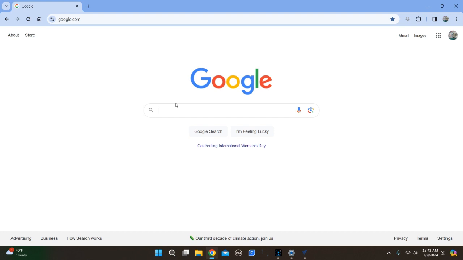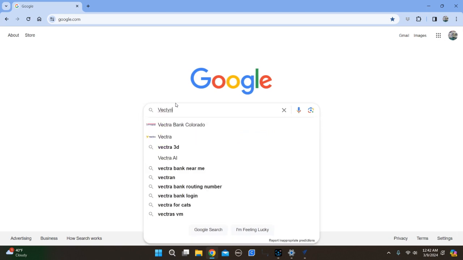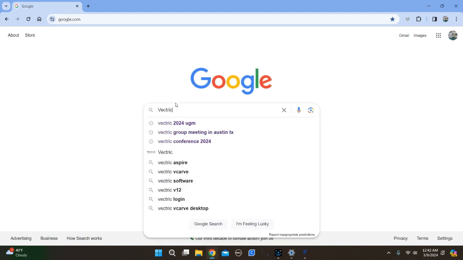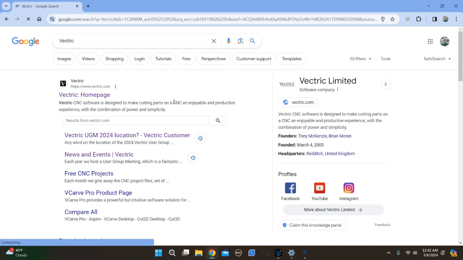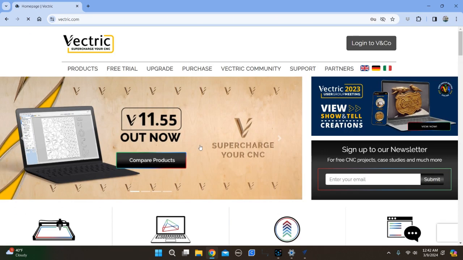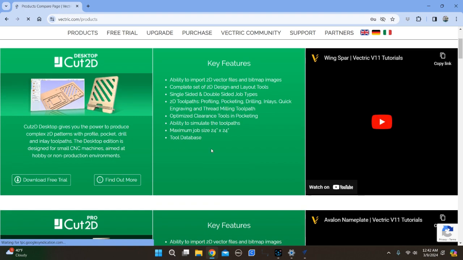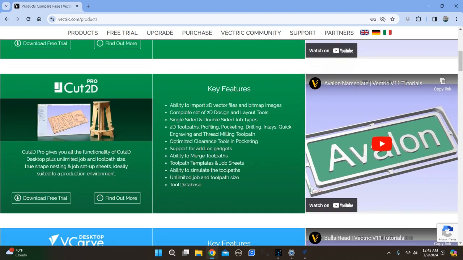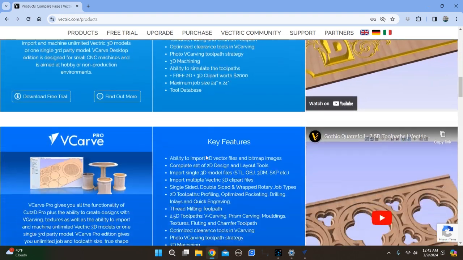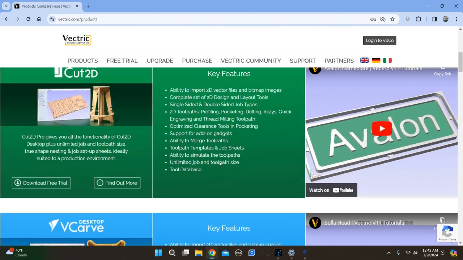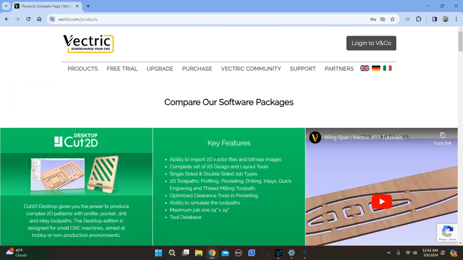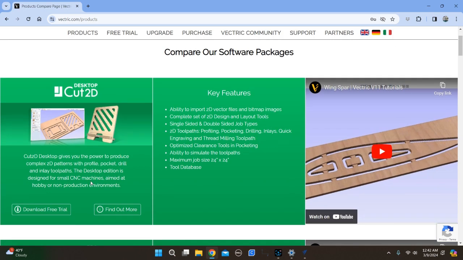My favorite software, and I've used quite a few different CAD softwares, is Vectric. Just go to their home page. The softwares that they have are, in order, basically four different softwares. So here they are. I'll lay them side by side here, but okay, Cut 2D Desktop is a good